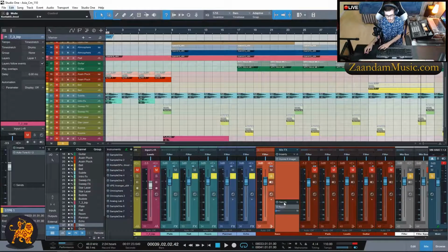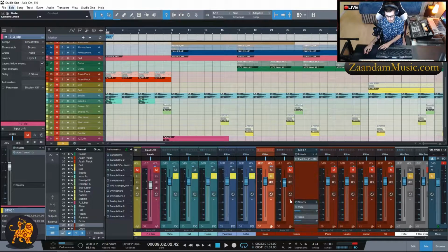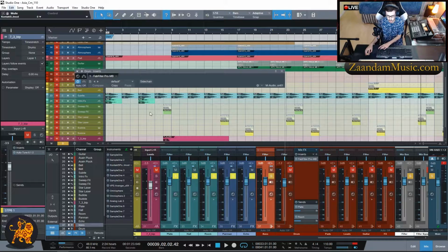And I have a room reverb. I have that Altiverb routed to that bass bus channel. Alright. Up next, we have the drum bus channel. For this one, I have a multi-band compressor,